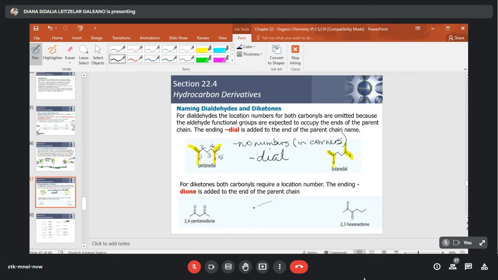Again, ketones do have numbers because they are not in the corners. And it will be the one. Ending